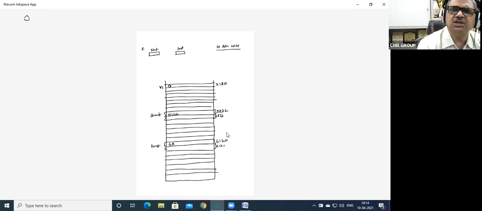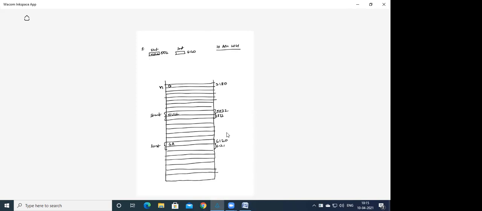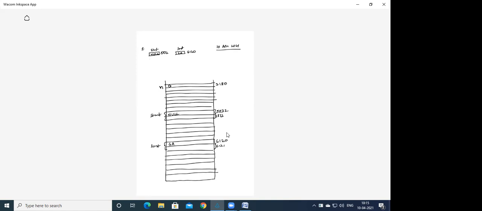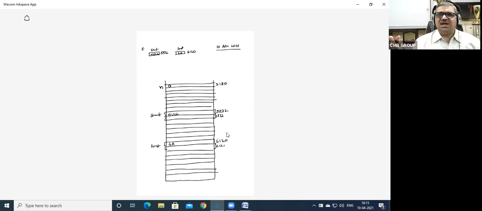Last is at which location? 6120. And what is start located at? 5832. What is the value which is going to be stored in start now? Null. And what is going to be stored in last? Garbage. This is the first step. Is this clear? Now let us go for the second step.